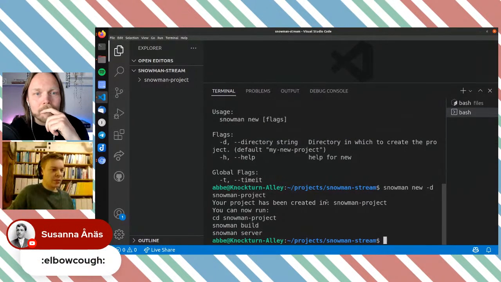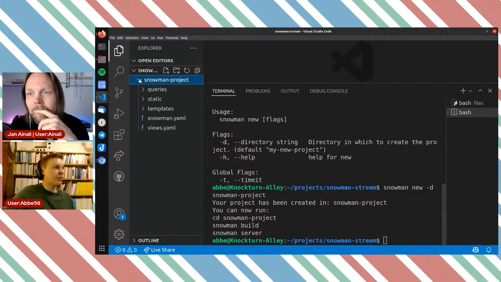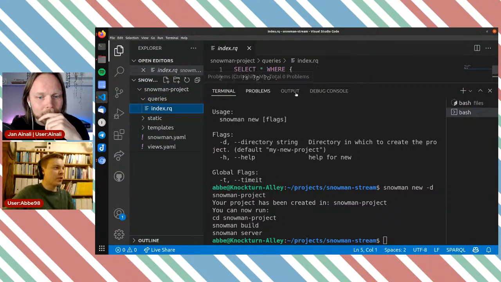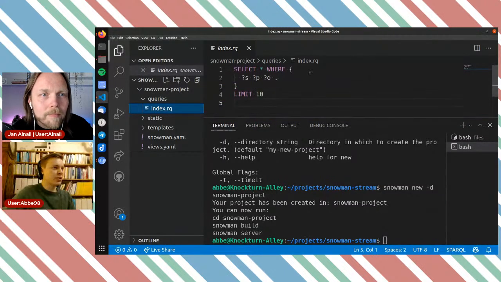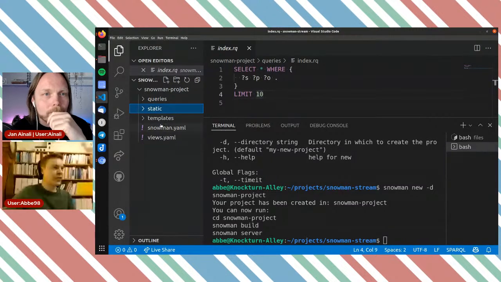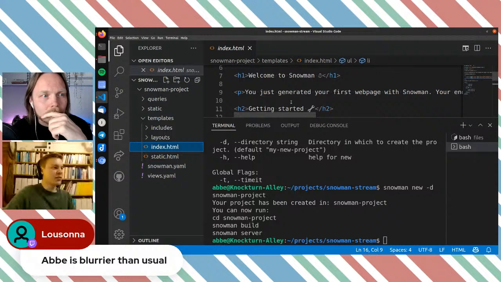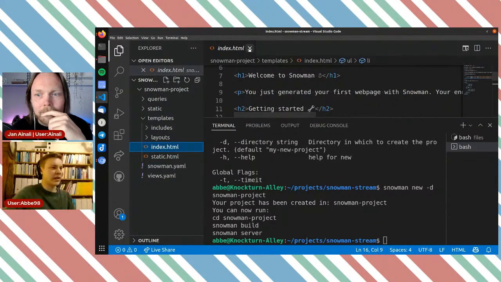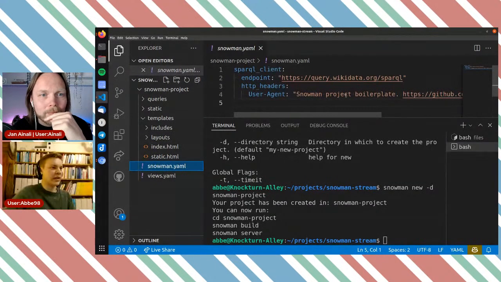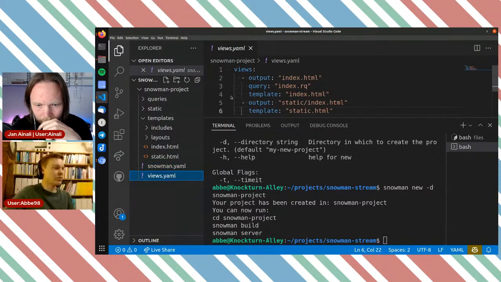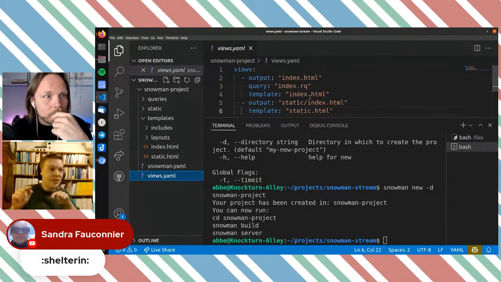because that's simple. And it created a new folder here, which I can see with a bunch of files. It has a default query, which just selects pretty much anything, but limits it to 10. It has some static files, some templates, which is HTML that is filled by the query, as well as a bit of configuration by default, and a file connecting templates to the queries, so they know that that query and that template are connected.